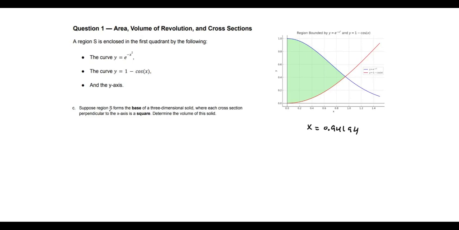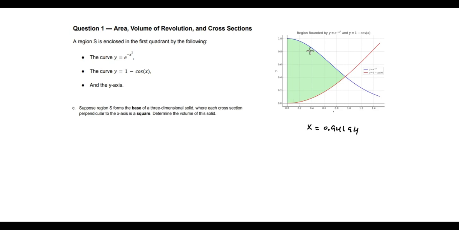Part C says, suppose region S forms the base of a three-dimensional solid where each cross-section perpendicular to the x-axis is a square. Determine the volume of the solid. Well, the very first thing I'm going to do is draw this shape that they told us. It's going to be a square, so I'm going to do my best to draw a square. And the cross sections have to be